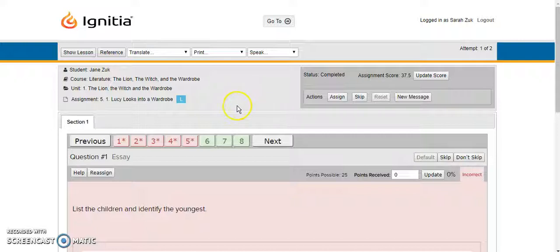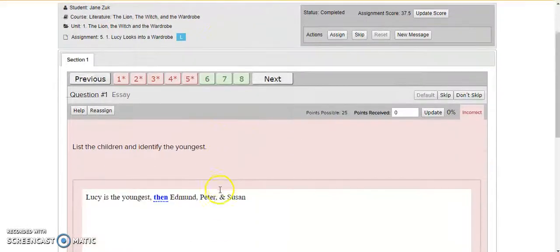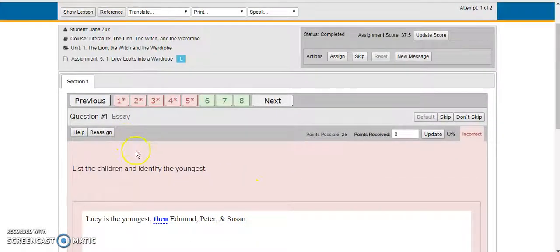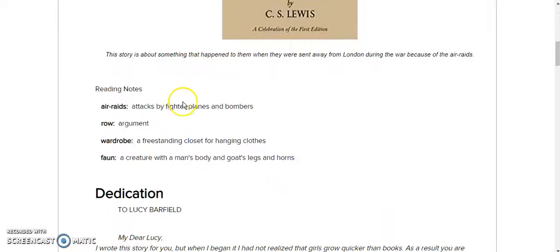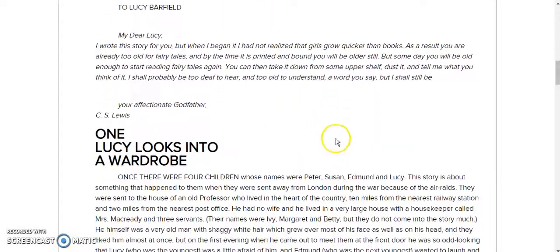We're working on getting the answer key to you in an email. We'll send you a digital copy of the questions and the answers, and then you can go in and see if their answer is correct. But since there's not that right now, we can go into show lesson and we can read chapter 1 here together.